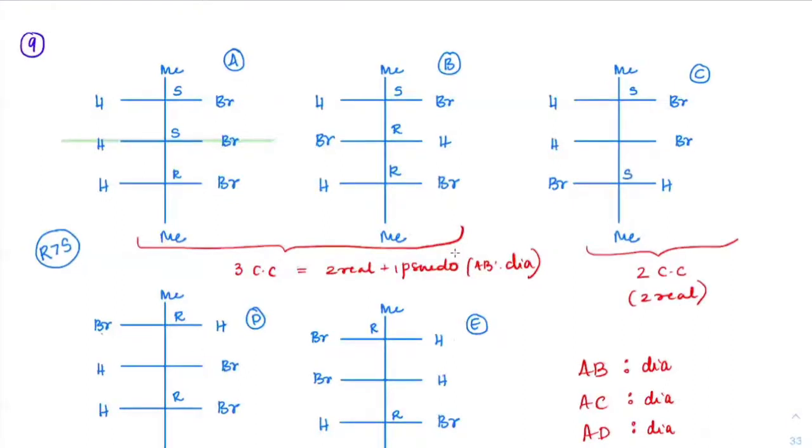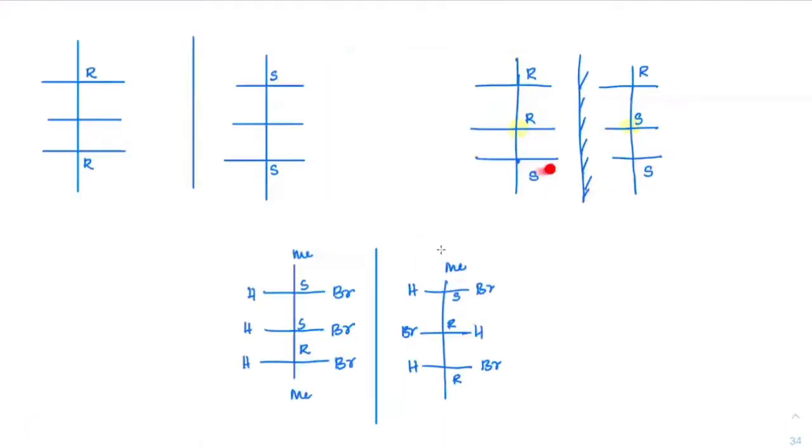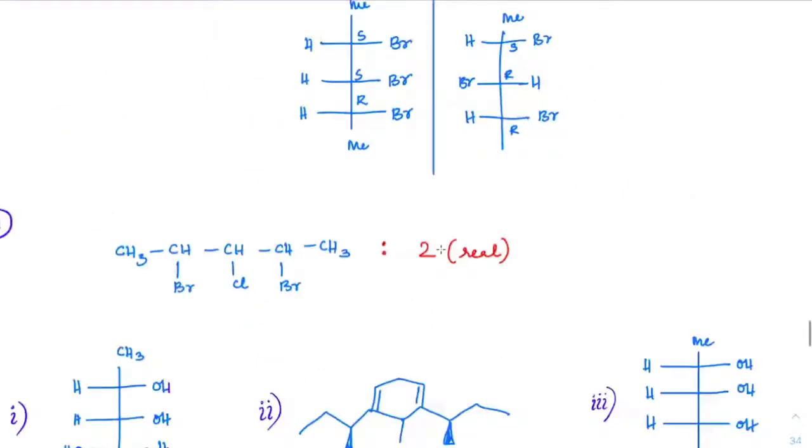So how to consider pseudo? I hope all of you understood that. What is the learning from here is that if two groups are different, if configurations are different with respect to this center carbon, then only they will have pseudo chiral centers. Otherwise, if two of them are the same here, then you will consider only 2 chiral centers here and 2 chiral centers here. Here you will consider 3 chiral centers and 3 chiral centers. This is the observation which we have seen. Clear, guys?